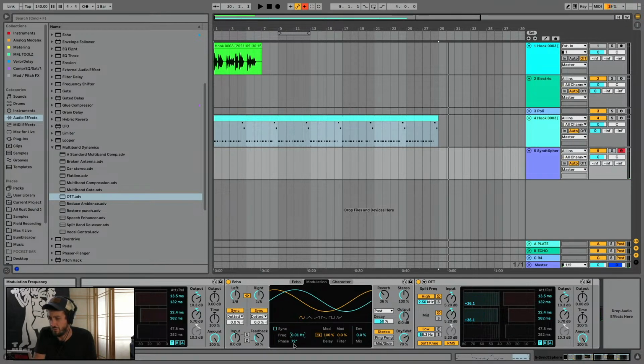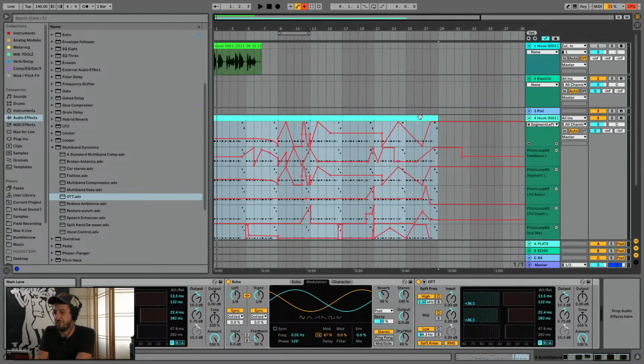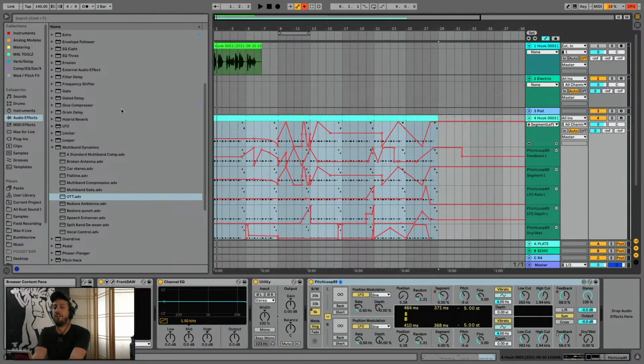But we can get weirder. Okay. So I also did a bunch of automation to this thing that I wasn't really paying much attention to. So let's examine that for a second.